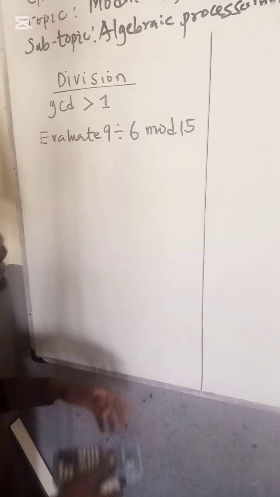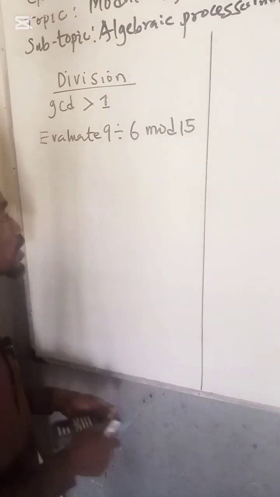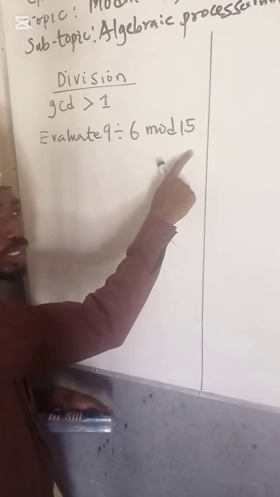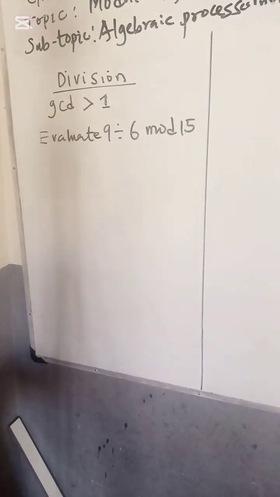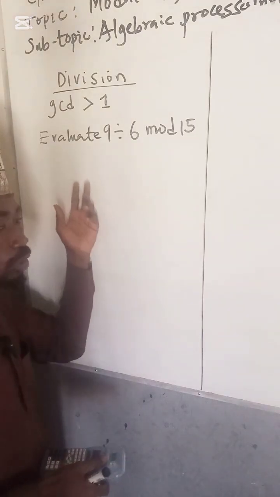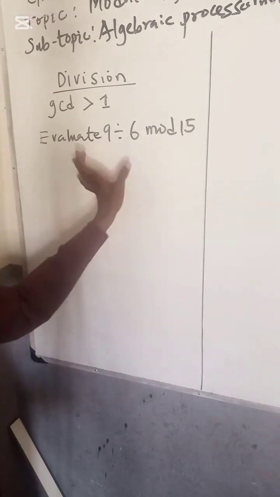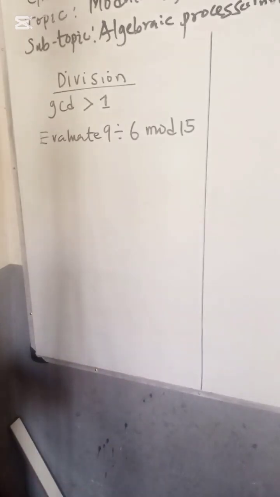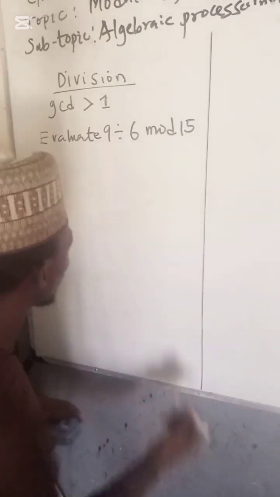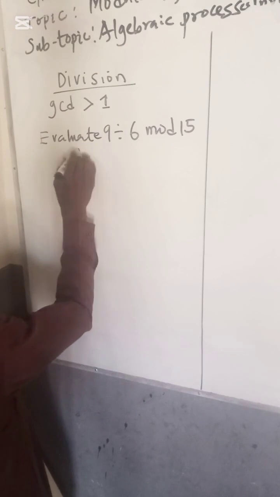divisor. But once there is a common divisor between the divisor and the moduli, your GCD will be greater than 1. And when that happens, you have to apply the theorem which can give you the value or solution to the question above. Now, if you look at this here, solution,